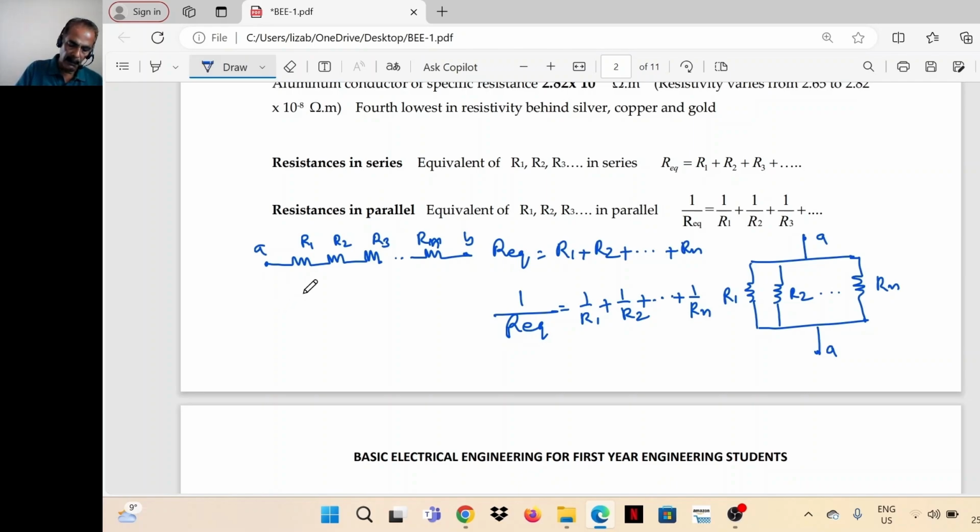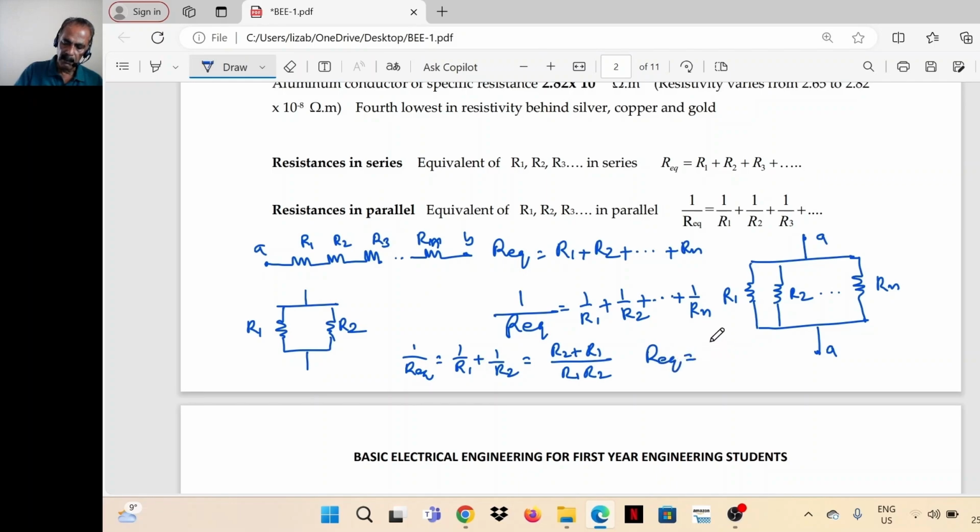So one point to remember, which is very useful, is if there are only two resistors, R1, R2. So 1 by R equivalent is equal to 1 by R1 plus 1 by R2. So R2 plus R1 divided by R1 R2. Therefore, R equivalent is equal to R1 R2 divided by R1 plus R2. So when there are only two resistors, take product divided by sum, that is the equivalent when they are